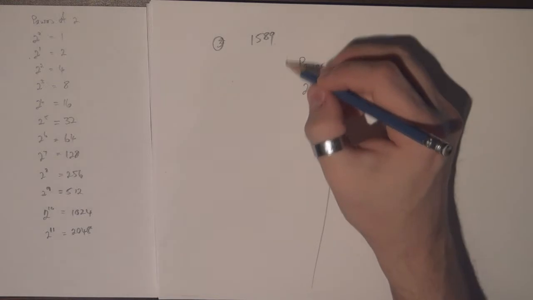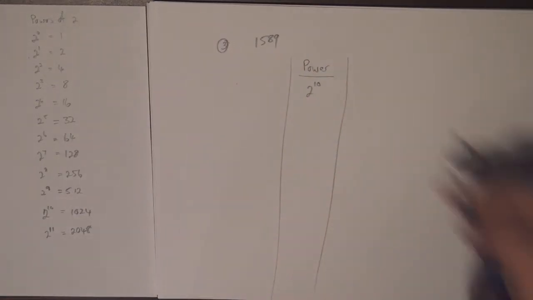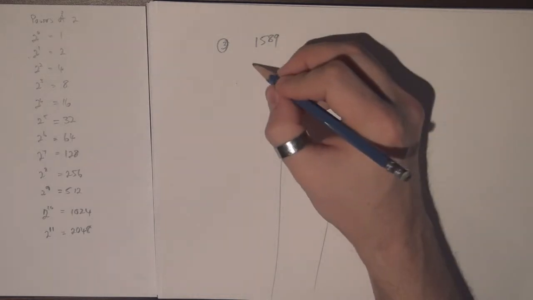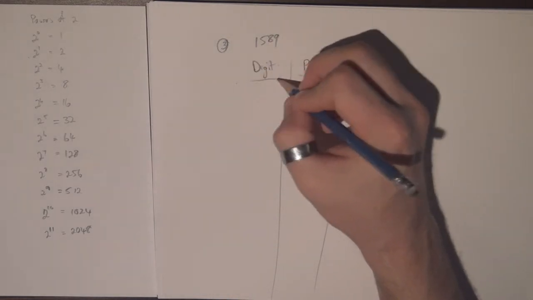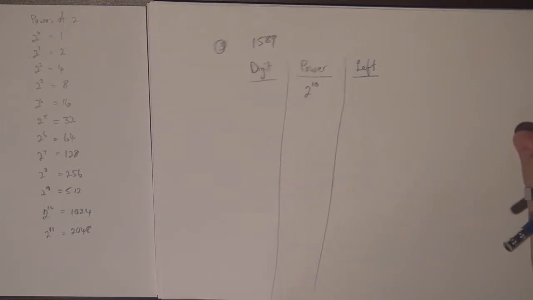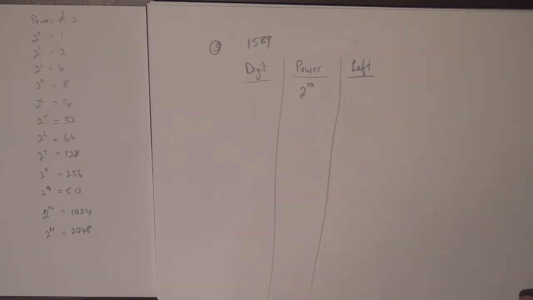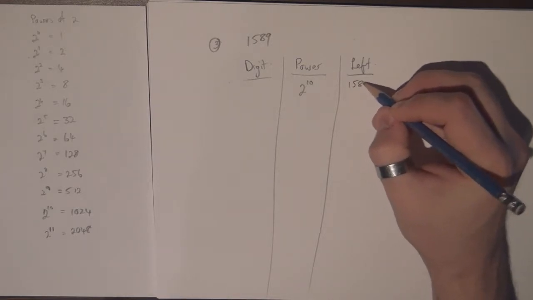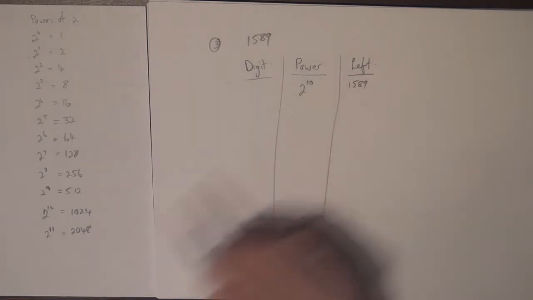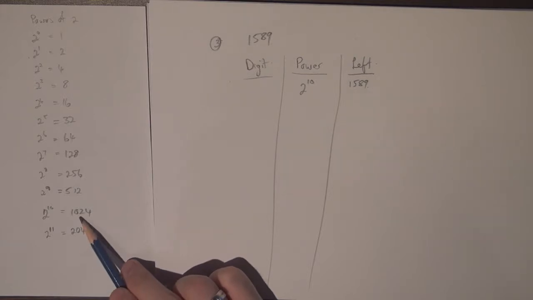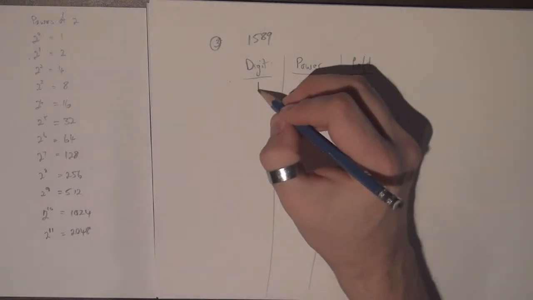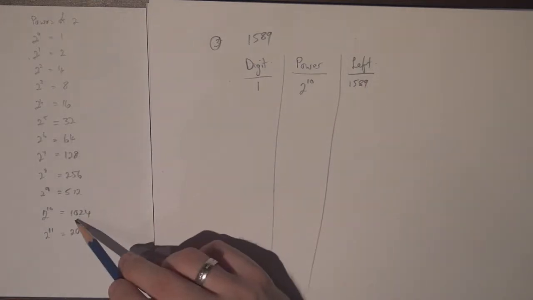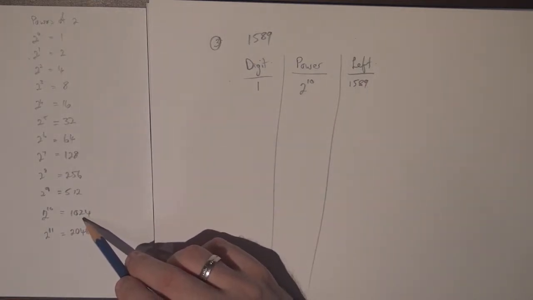We might as well extend these lines all the way down because this is going to be a long one. Left column here, and I have my digit, or how many I use, how many I can fit in, which in this case is always going to be a 0 and a 1. So I have my 1589 left. Now 2 to the 10 is 1024. I can fit it in once. How many do I have left? Well, it's really 589 minus 24, which is